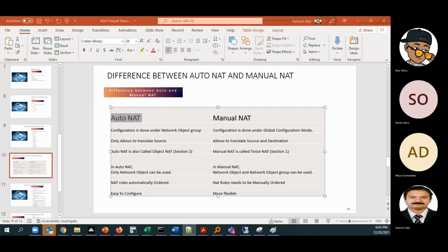So this is manual NAT, and this is auto NAT. This part is clear? This is auto NAT.